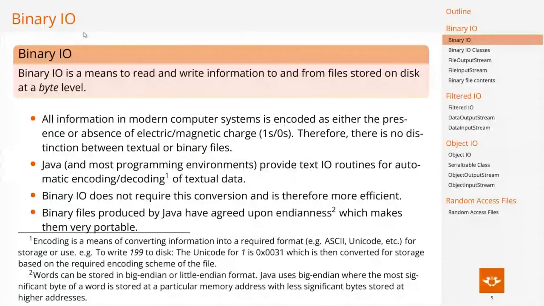So with binary I/O, we're working with reading and writing on a byte level. Byte level, what is a byte? A byte consists of 8 bits, each bit either 0 or 1. Now, most computer systems we work with use either mechanical drives, so hard disk drives, or solid-state drives, SSDs, or flash drives, which are also solid-state systems. We don't work with the very old format of vacuum tubes, which is how they used to do it. A vacuum tube could either have a vacuum or not, and that would be the state of a 0